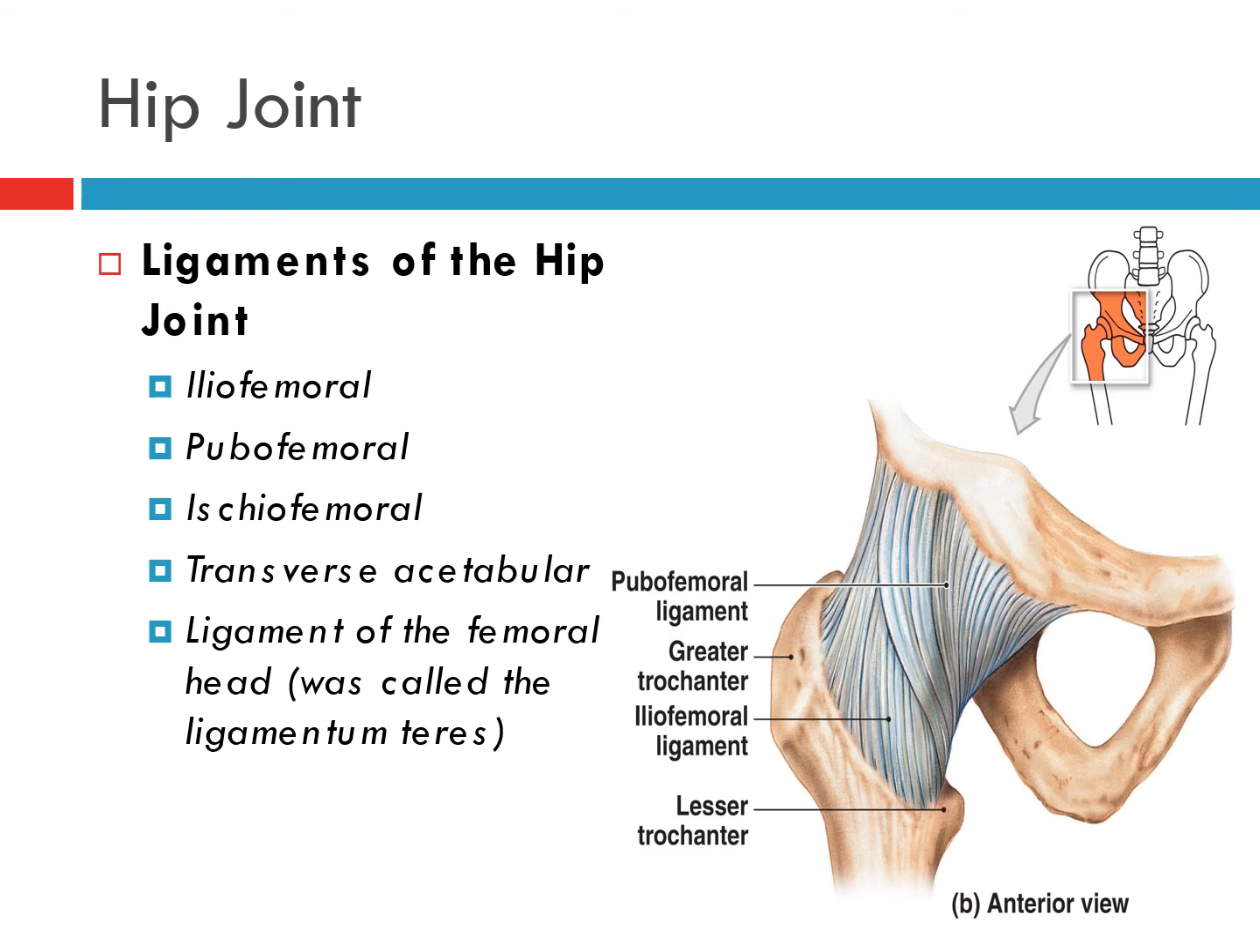Ligaments of the hip joint: we have the iliofemoral ligament, which goes from the femur up to the ilium, like that. We have the pubofemoral ligament, which is going to be on the other side, going from the pubic bone to the femur. We have the ischiofemoral ligament, which would be on the back side, from the ischium